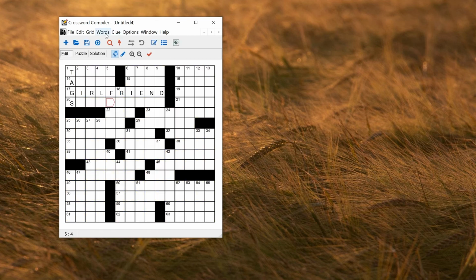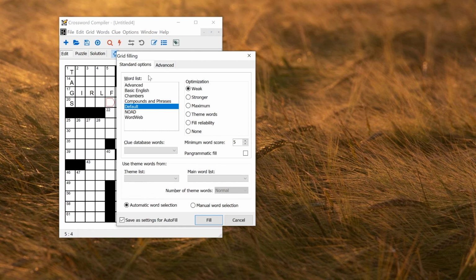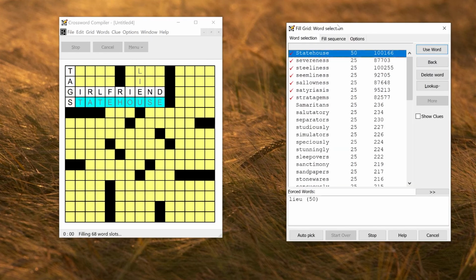If you want more control over filling, you can go to Words, Fill Grid, and that allows you to choose different word lists, change options for the score. There's a separate video about scoring, which explains how the ranking of the words that are chosen works and how to adjust the scores. You can also use a themed fill to try and use a particular theme words more often. And if you have the Pro Grid Filler add-on, you can also use manual word selection. So if I select manual word selection,